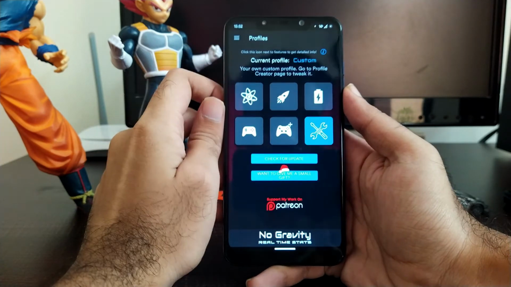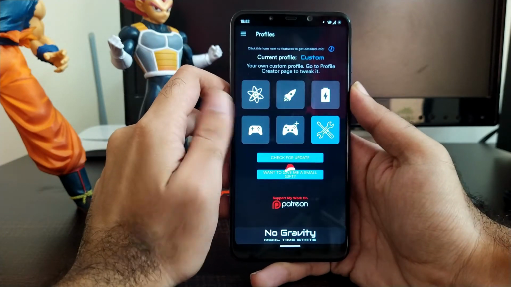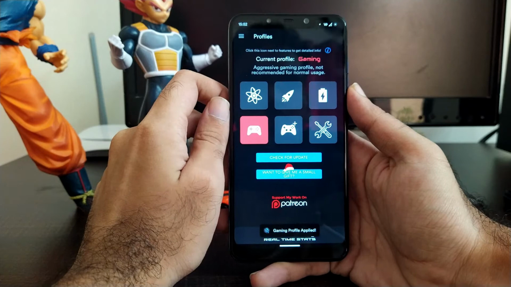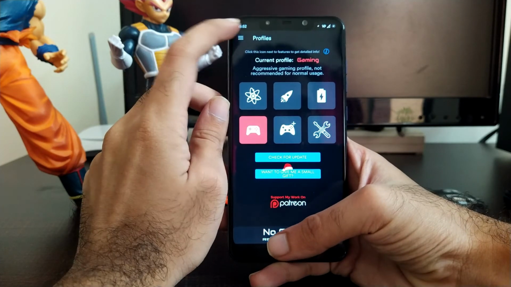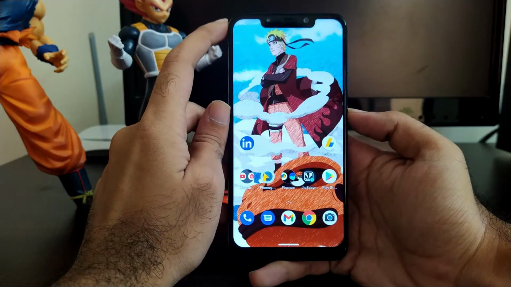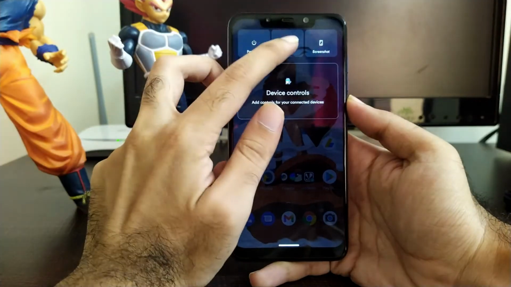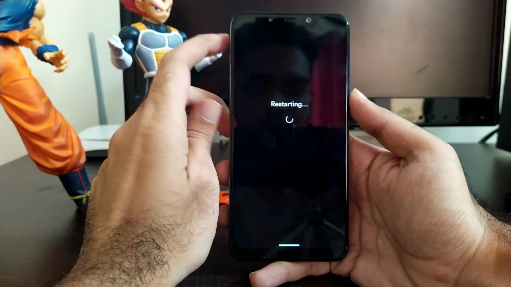So this is how the NGK application looks like. At the front they have kept the very minimal UI. You can just skip any of the UI itself or any of the modes, and once you reboot it you are good to go. Now we are just skipping the gaming plus mode and let's see how the gaming performance looks like.